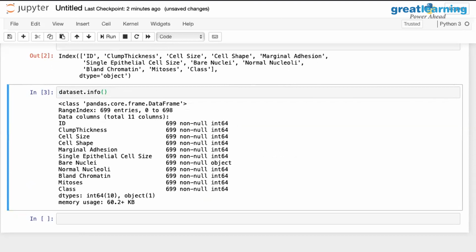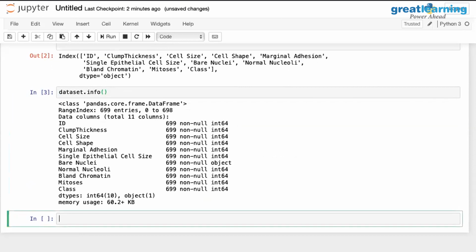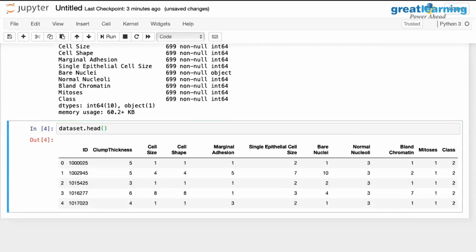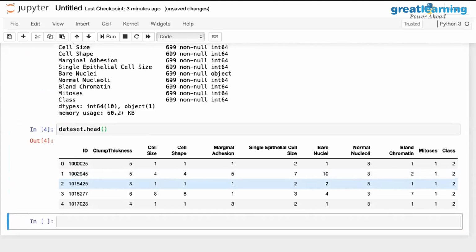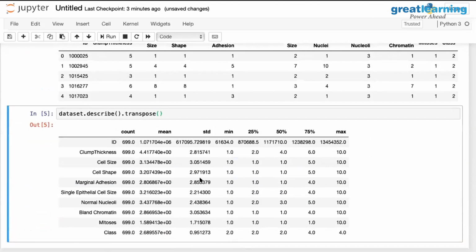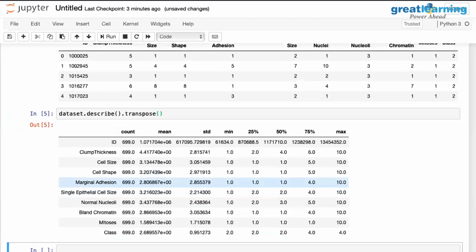Let's look at the dataset information. I'll say dataset.head. The different information, all these are encoded values. If I talk about describe, you'll understand this even better. The average is somewhere around 3.2. The standard deviation is 2.97. The max is 10. All these are encoded values, from what we'll be able to gather from this information. So let's use this now.